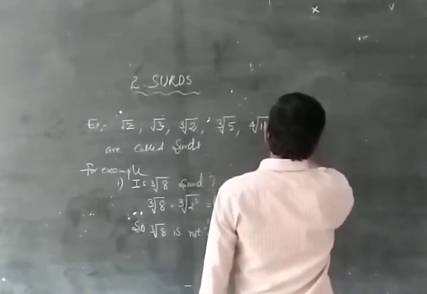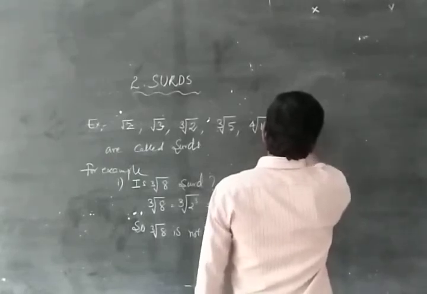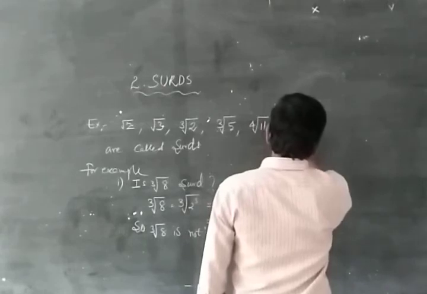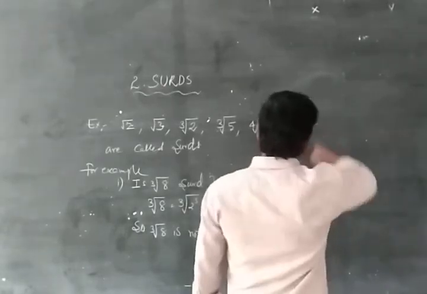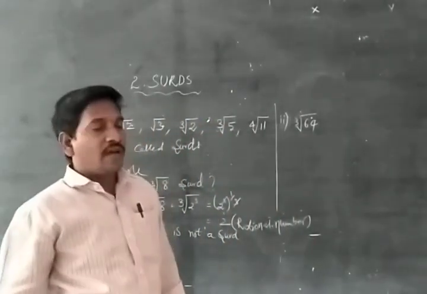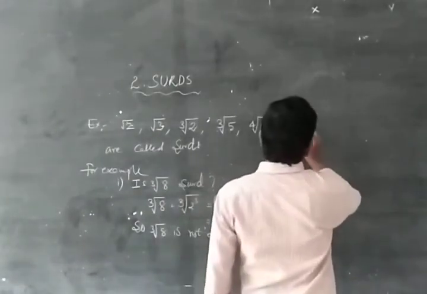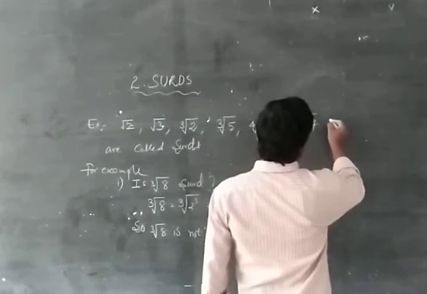Fifth root of fourth root of cube root of 64. Cube root of 64 is